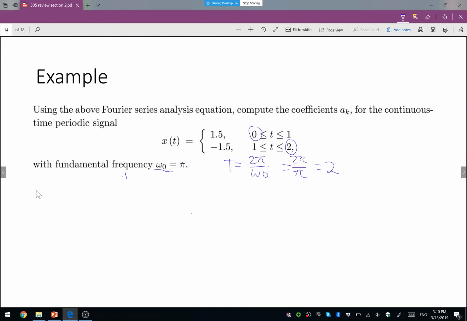So the equation, let's copy that. a_k equals 1 over T, integral from 0 to T, f(t) e to the power minus j omega 0 k t dt. So let's plug in what we already know. T is 2, so this is 1 over 2 times,